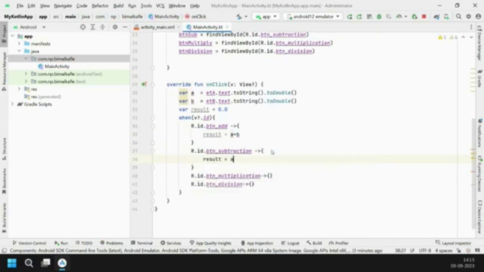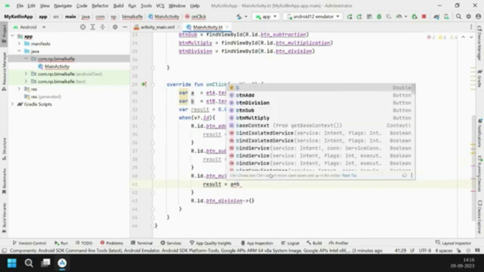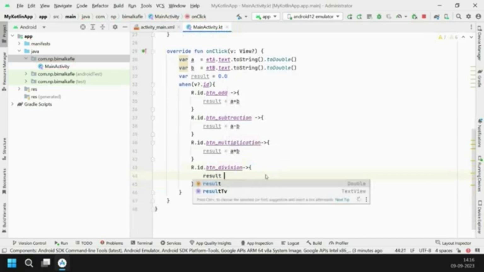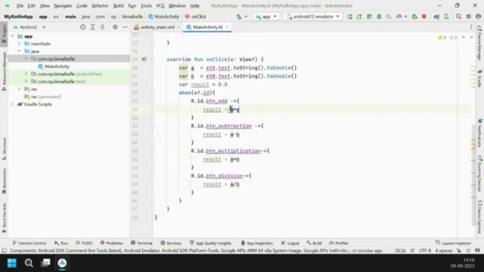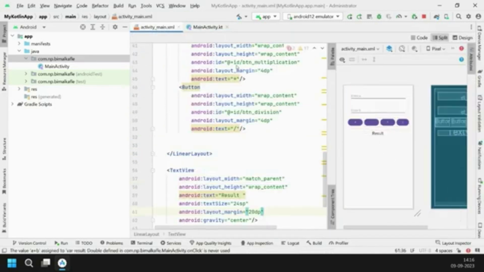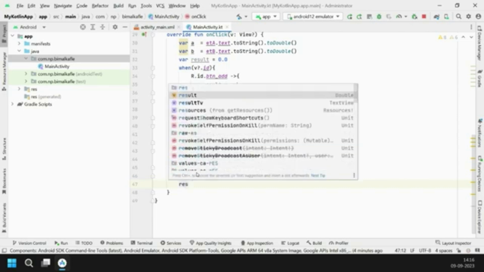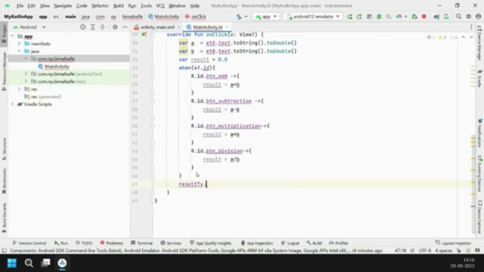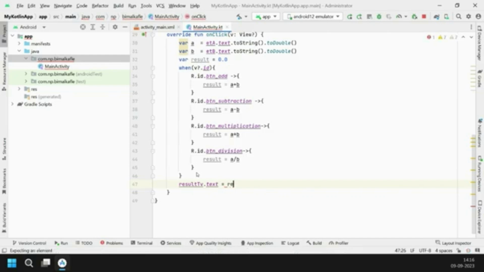Now we are going into the method to write the calculation for it. So we know for addition we just need to do a plus b and my value will be displayed. So inside the result I am mentioning the a plus b format, and for multiplication, subtraction, division as per the operation that it has. I am writing this operation and my result will be displayed whenever I click the specific button, because I have written the onClick method for the same onClick listener, and I'm writing these methods under the onClick of the view. So it will initiate my main method and it will be redirecting it to where it has to be displayed.